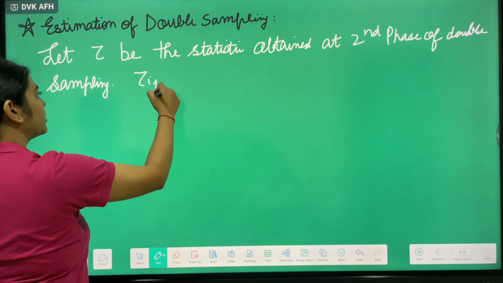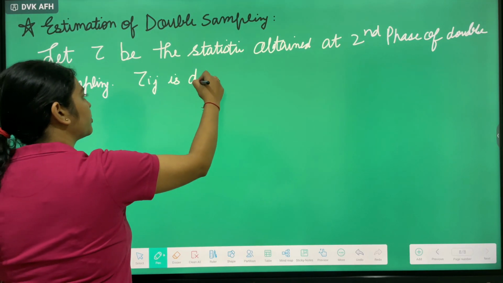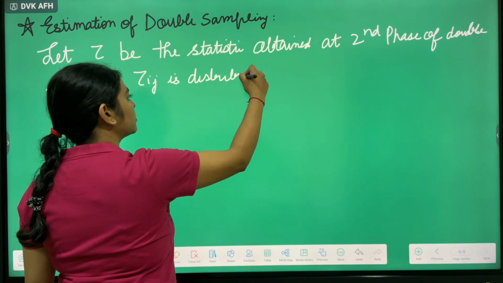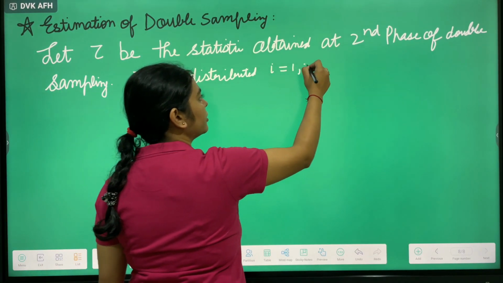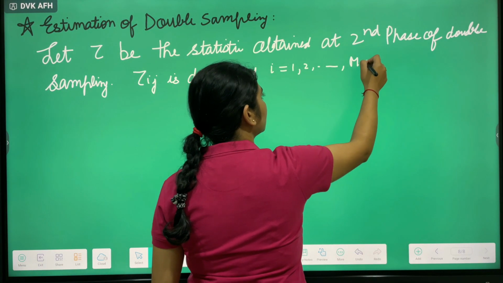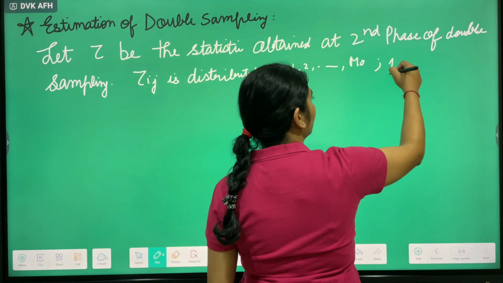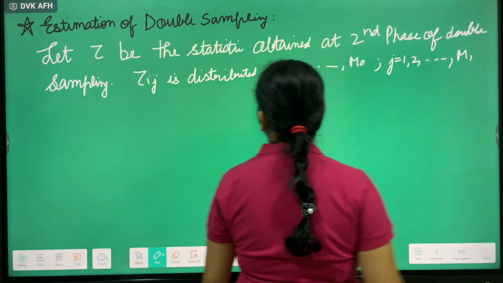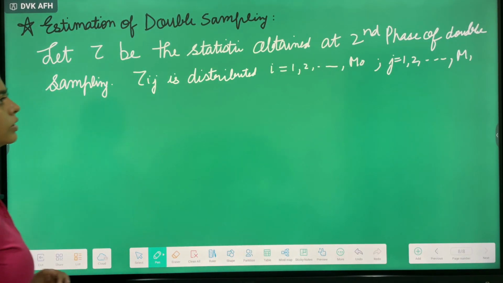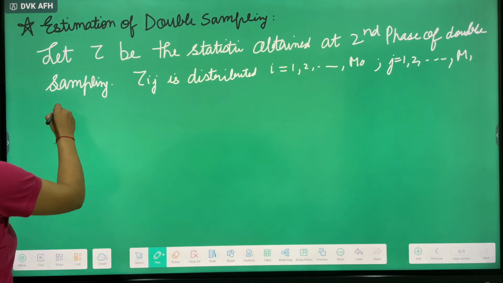Tau ij is distributed where i goes from 1 to m naught for phase 1 and j goes from 1 to m1 for phase 2. And